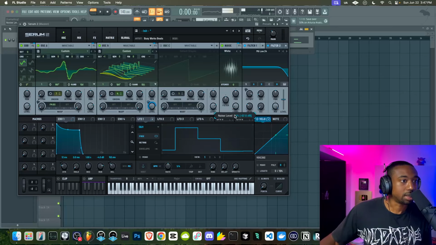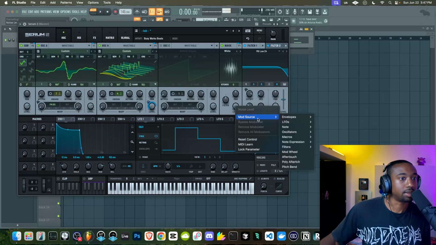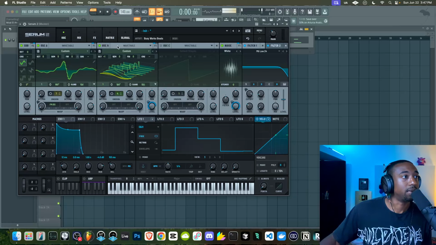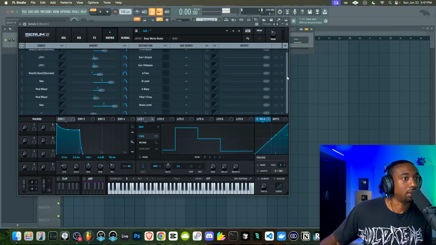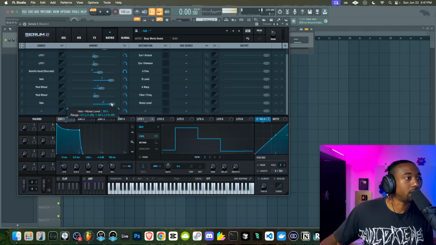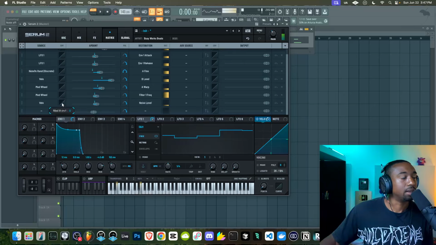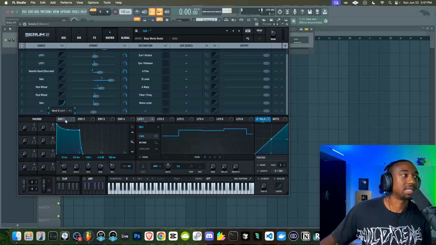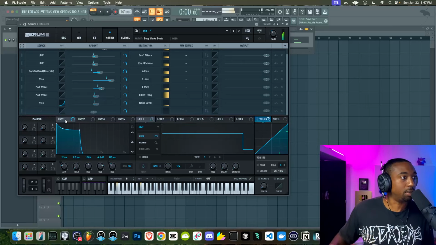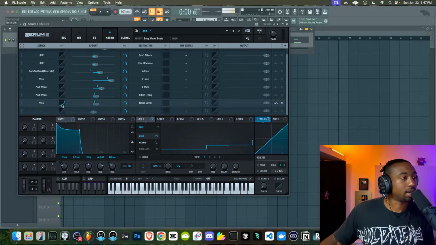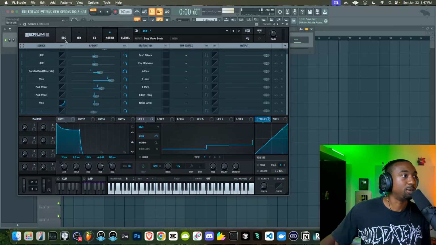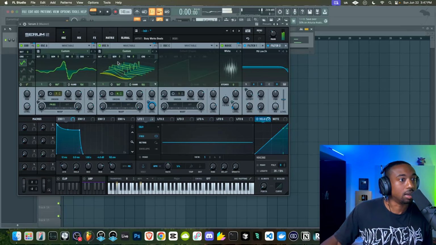But sometimes the noise can get a little loud. So in this case, we're going to set this to the velocity and make the max value in the matrix a very small amount, so I would have to hit the keys really, really hard to trigger it. Let's set this to like 12% max. And then we can also set the velocity curve so I really have to slam on my keyboard to trigger the noise that much. So I set it to an exponential curve so that I really have to slam on my keyboard for the volume to even be considered high.